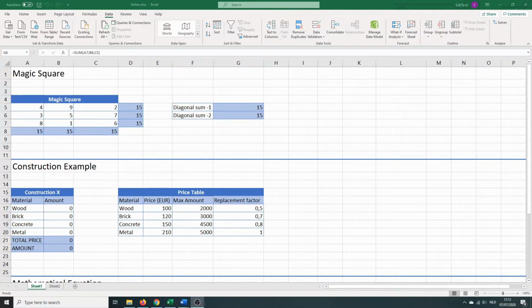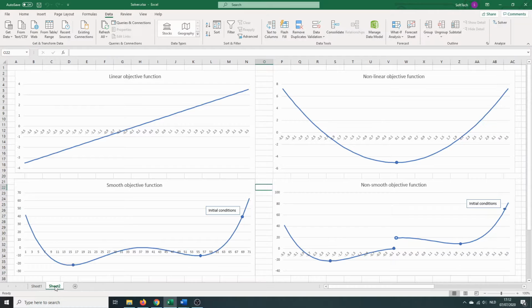Now to explain the differences between the solving methods, we switch to a different sheet in our Excel workbook. I am afraid that this next bit does include a bit of mathematics. Here you can see 4 types of objective functions representing a certain problem to solve. The first function you see is a linear one. This can be solved with all 3 methods. However, simplex LP is especially made for these types of problems, and it is the fastest and most efficient to